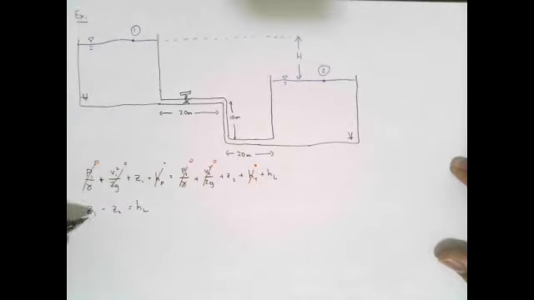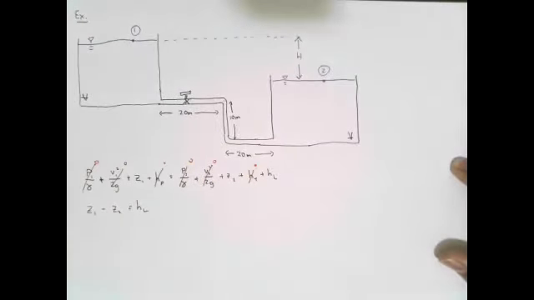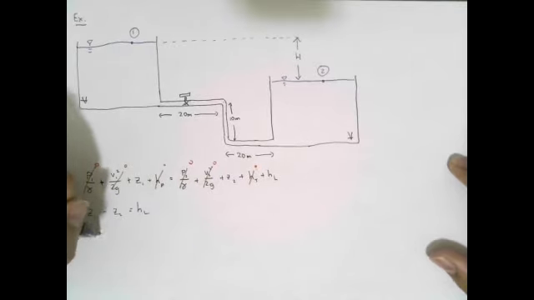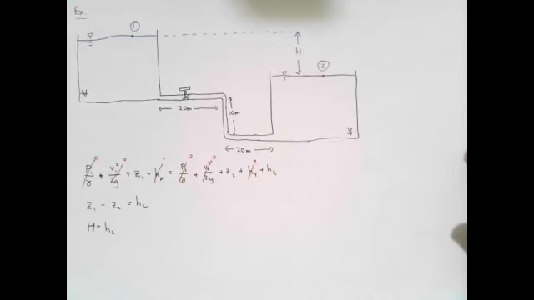And within the context of this diagram, what is Z1 minus Z2? What does that represent physically? That's the H that we're looking for. Exactly, right? That is the H that we're looking for, okay? So we get that our unknown H can be found by simply finding the head loss. And that's pretty interesting, right? Because that means that our unknown value H